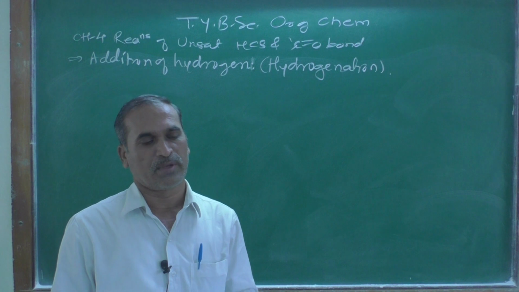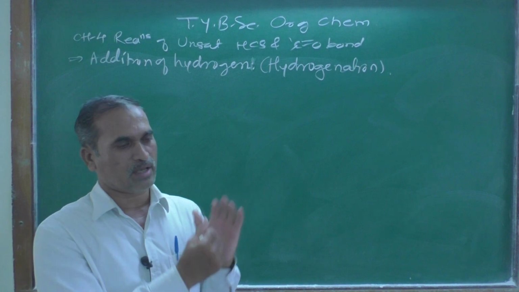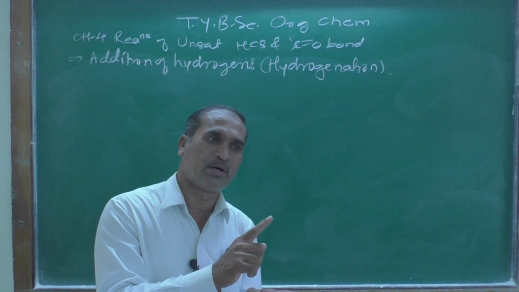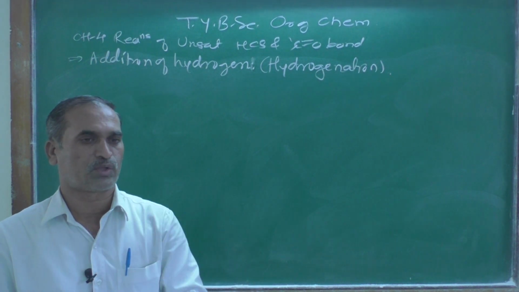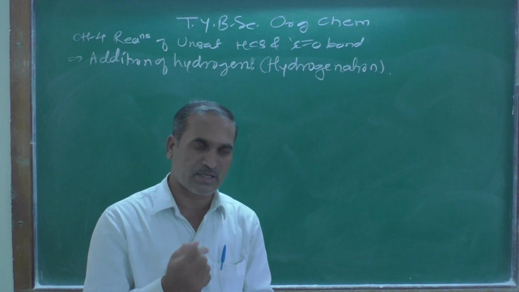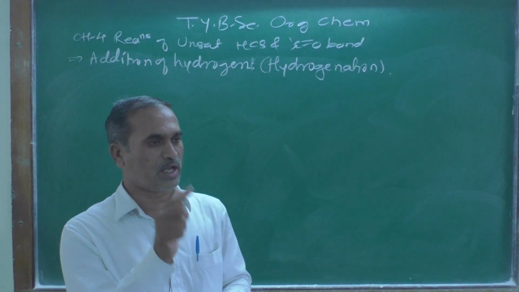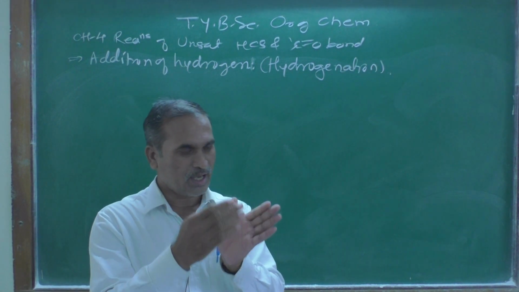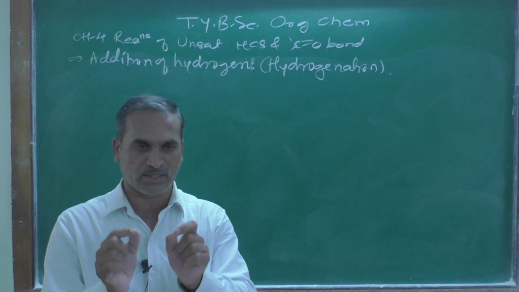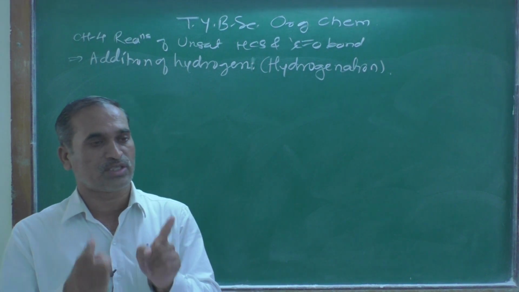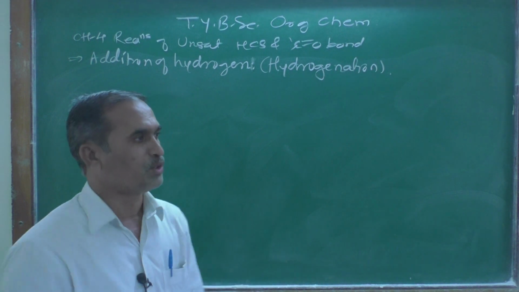First, 1 mole of H2 gets added across the carbon-carbon triple bond. One pi bond is converted, the triple bond becomes a double bond. One molecule is consumed there, and in the second step, the second molecule of H2 is consumed by that alkene, and finally the resulting compound is an alkane. This reaction is exothermic, which means energy is evolved during this process.